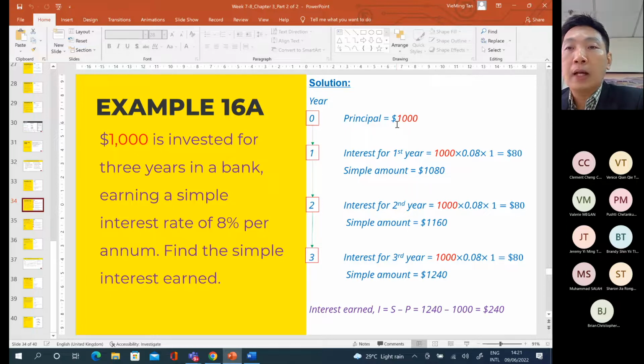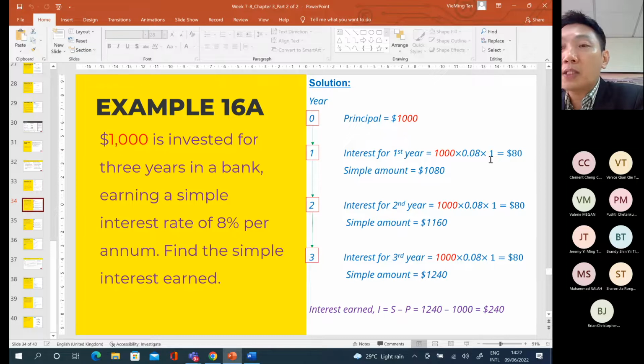And this principal will be kept in the bank for 3 years. That means it can earn interest. So how is the interest being calculated? In the first year, the interest earned by the investor is equal to PRT as well, which is principal multiplied by the 8% interest rate,